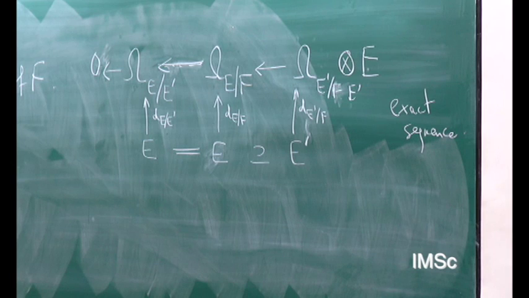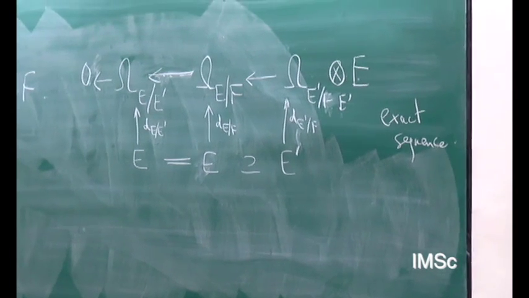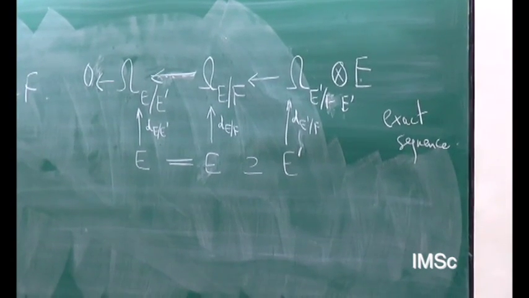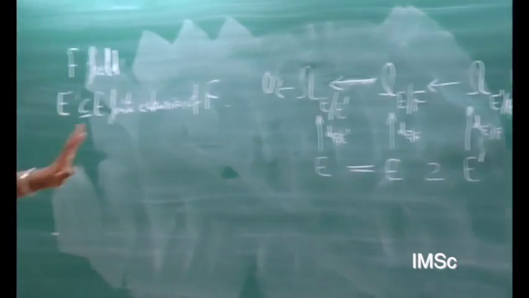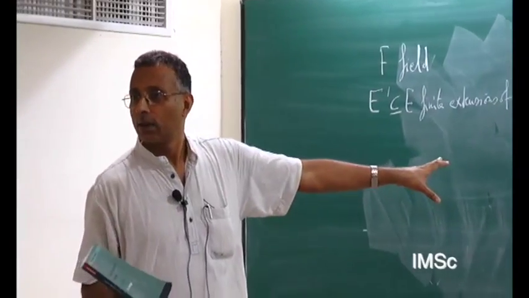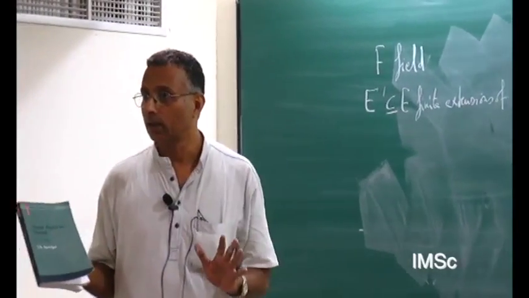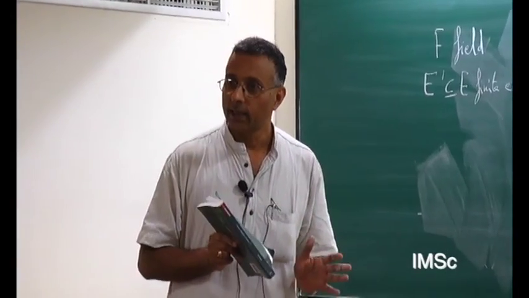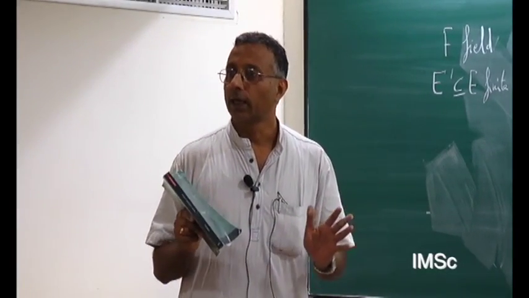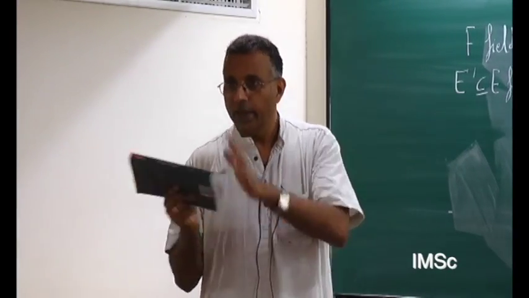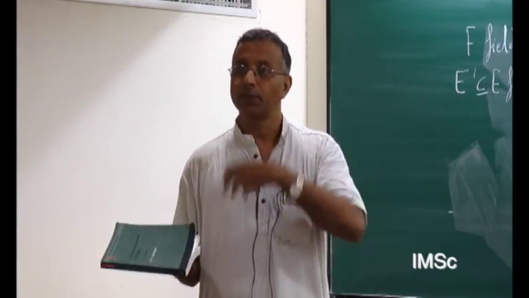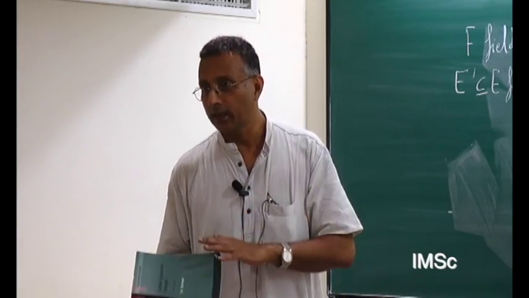Now the reason why that is an exact sequence is that to show a sequence is exact, at least, okay, let me make it more general. Take such a sequence of E vector spaces. To show it is exact, it is enough to show that after I hom it with an E vector space, that E vector space being arbitrary, I get an exact sequence.